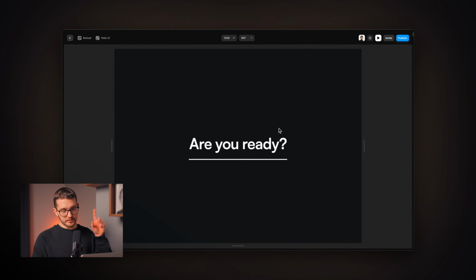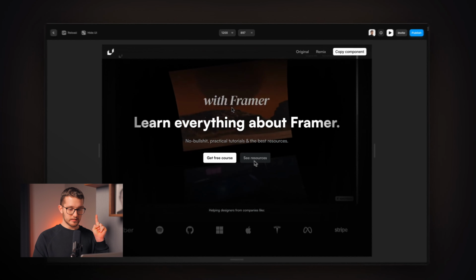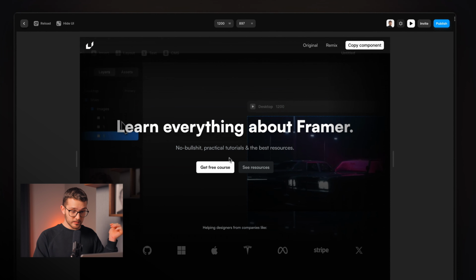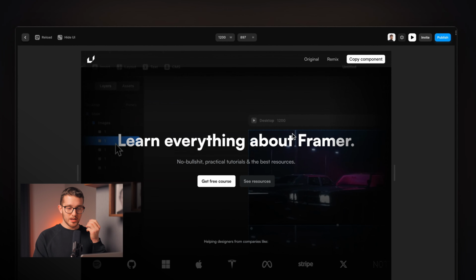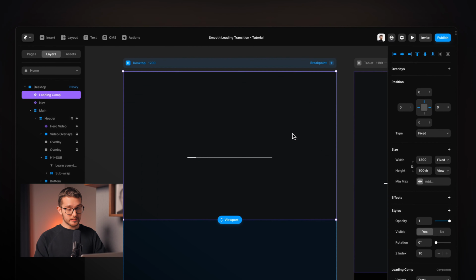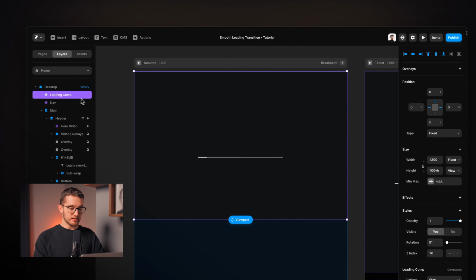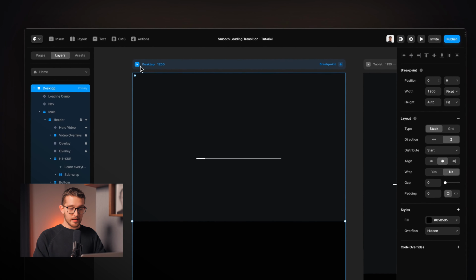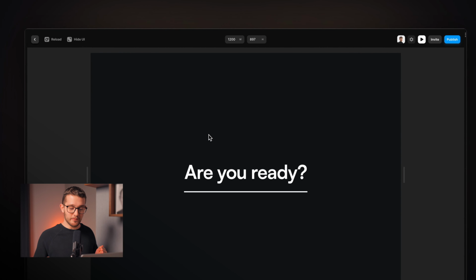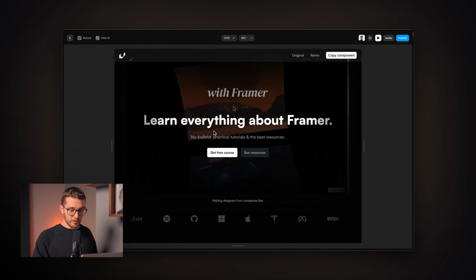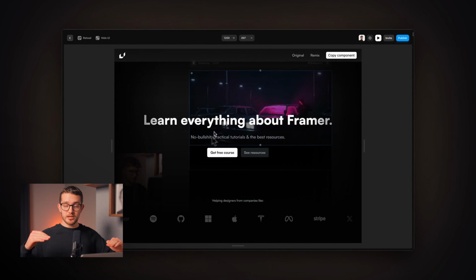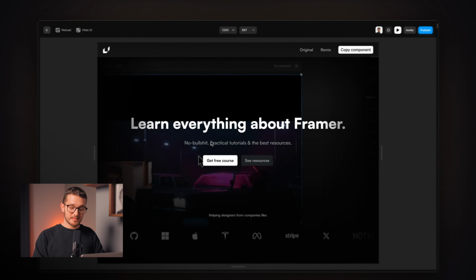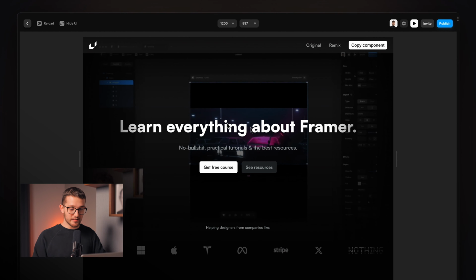But I think there's one thing that we forgot, because as you can see, the loading transition has ended, but I cannot click anything on the website. Why is that? It's because we have to set these loading components pointer events to none, because of course we don't see anything after the loading animation ended, but this frame is still here. Its opacity is just changed, it's 0, but technically it's still here,